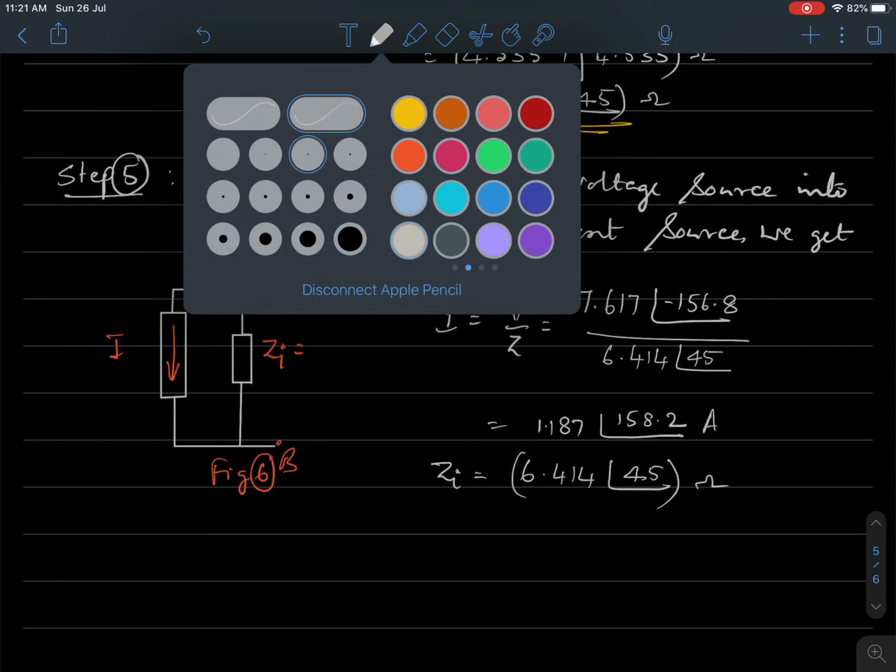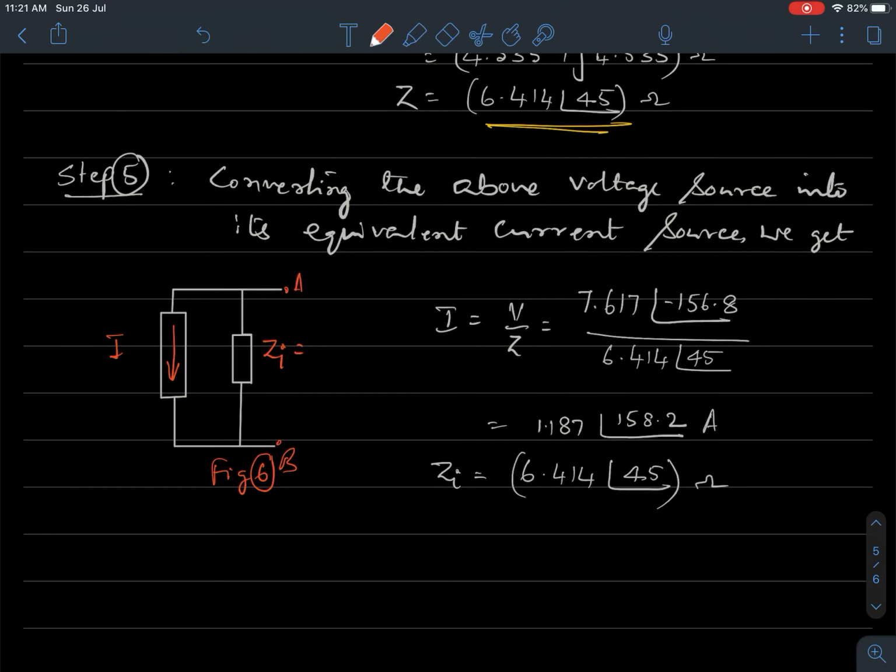So many ohms. That would complete the problem. All I have to do is put these values in the network, and this is I equal to 1.187 at an angle 158.2. So many amperes. ZI is simple. It is same as 6.414 at an angle 45 so many ohms. Okay, this completes the problem